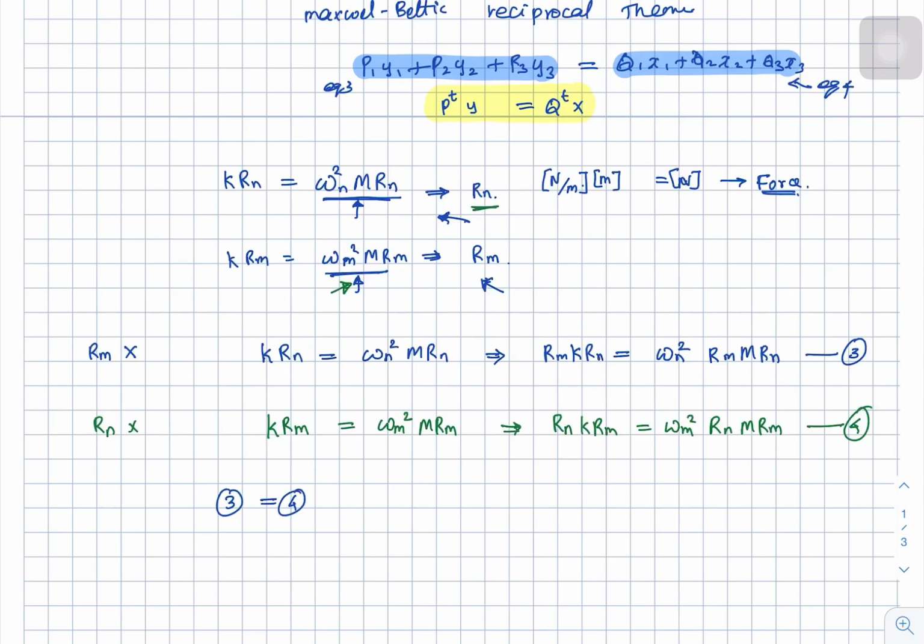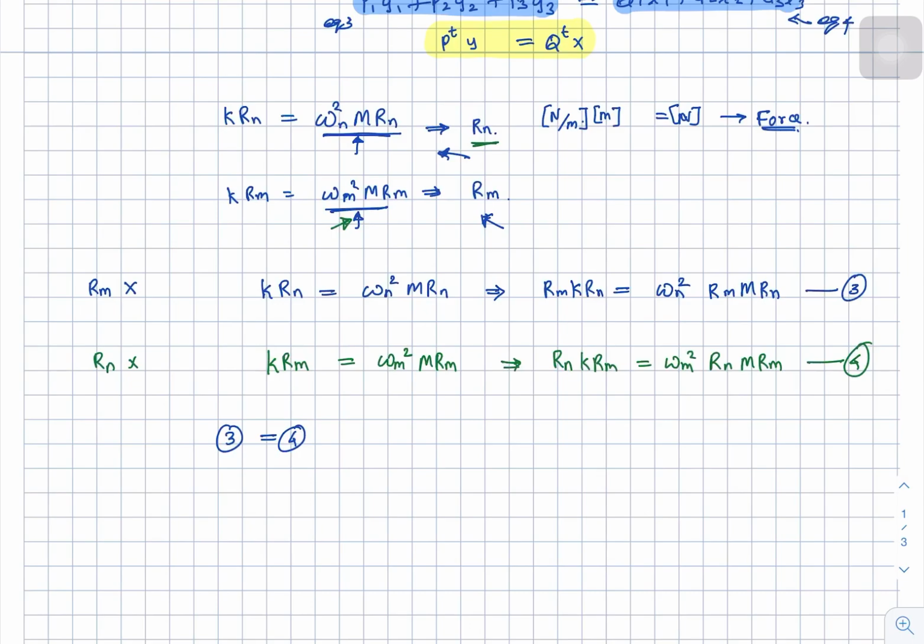It should be equal. Therefore let's equate this. If I equate this part, I won't get any meaningful equation. So I am equating the other part. In order to equate, we need to change certain things. So before equating, I am taking the transpose of 4, whole transpose of 4. So AB whole transpose becomes B transpose A transpose. Therefore here this I forgot to write,